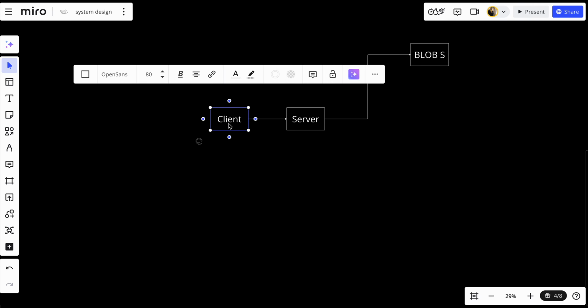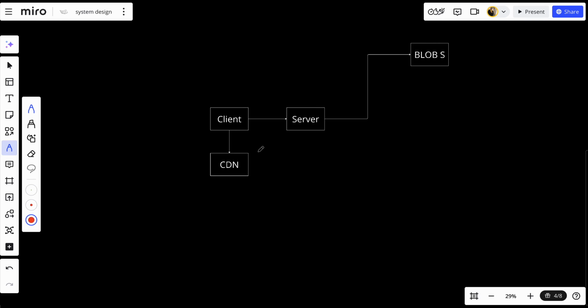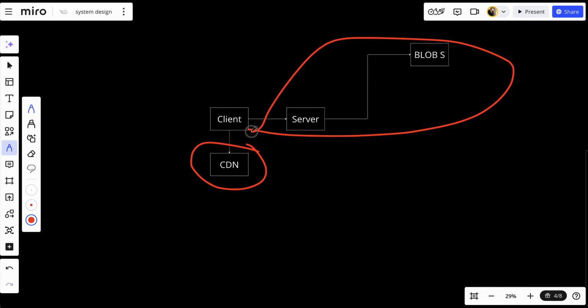What the CDN will do is cache this image and put it in a place which is closer to the client. So when the client tries to see the exact same photo again, or any other client tries to see the exact same photo, instead of going through all of this process, which is quite long and takes time as well, it will fetch it directly from the CDN,